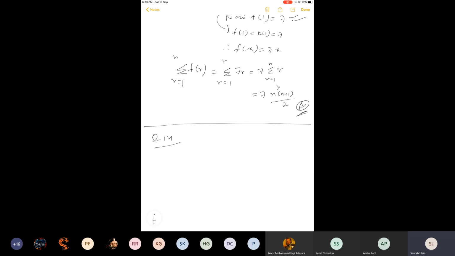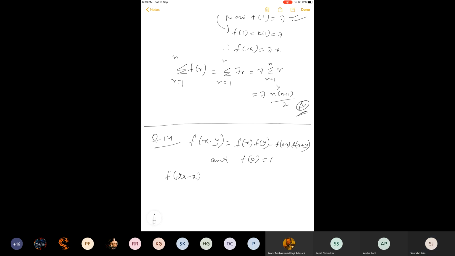What is question number 14? f(x) is a real valued function. This is based on a functional equation, right? f(x − y) = f(x)f(y) − f(a − x)f(a + y), where a is a constant and f(0) is 1. Then you have to express f(2a − x) in terms of these four options. A is −f(x), B is f(x), then there is some function, some statement in C and D. You have to find the value of f(2a − x) in terms of any of these four options.